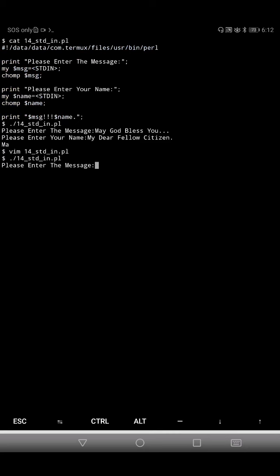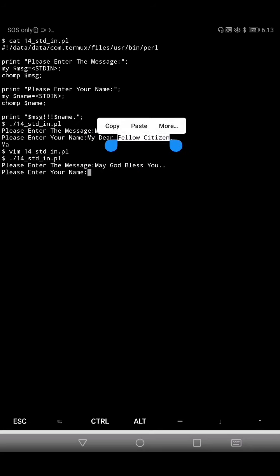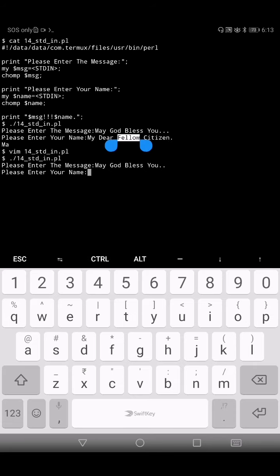Same message, may God bless you, and here also we'll copy and paste, then enter. Now we are getting the response correctly: may God bless you, my dear fellow citizen.